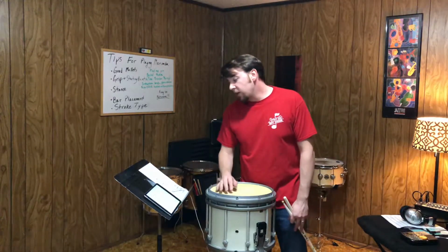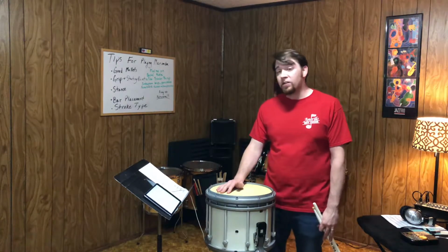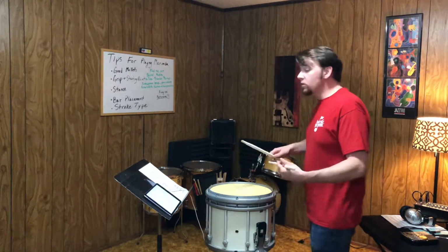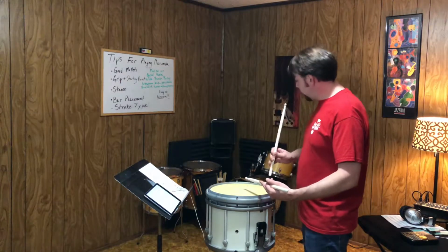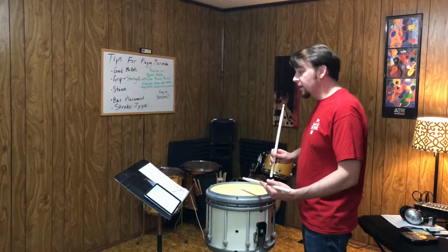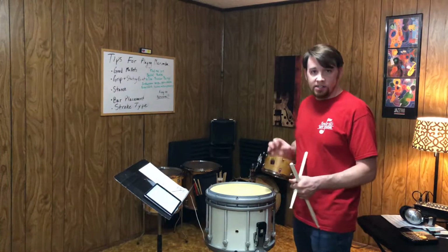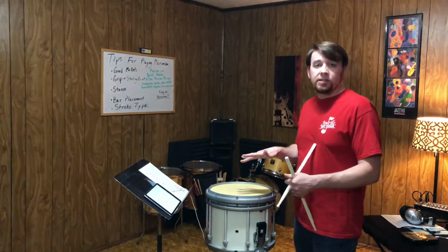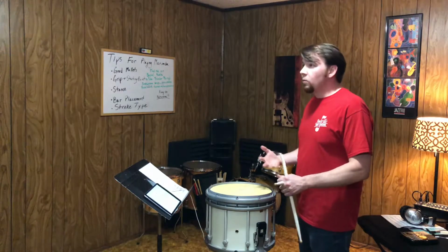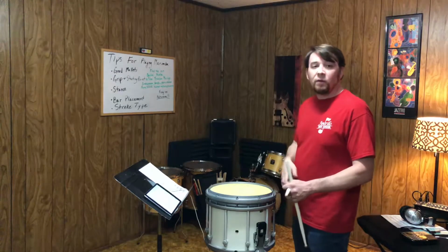And strive for a good difference in stick height for accent and unaccented notes. Most drumline people, especially at a slow tempo, are looking for a straight up and down drumstick whenever you're playing an upstroke, and a tap height of 2 to 3 inches, really more on the shallow side for your more experienced players. But yeah, we're looking for a big difference between the two, and we want to be able to